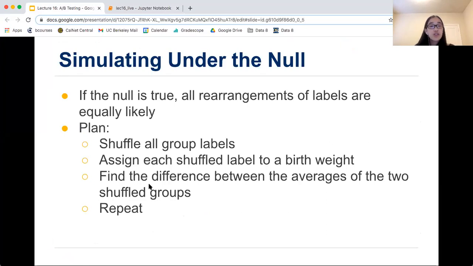Basically, for each iteration of the for loop, we're going to shuffle the group labels, add that shuffled label back into the table so that they have birth weights associated with them, and find the average difference, which is our test statistic.